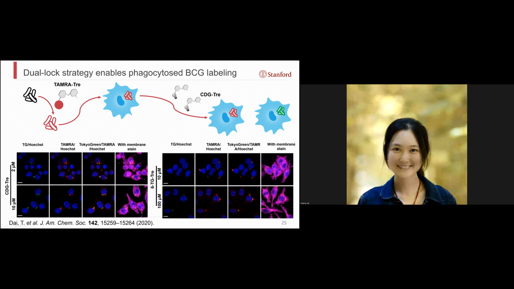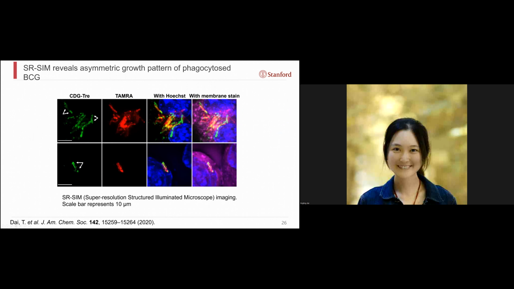So finally, we want to understand if the bacteria is being labeled on the cell wall, but not anywhere else. So in this case, we zoom in on the bacteria in the macrophages with a super resolution structured illumination microscope to see the details of the labeling behavior. In this case, we can see that the dye is clearly labeled on the cell wall structure of the bacteria, and